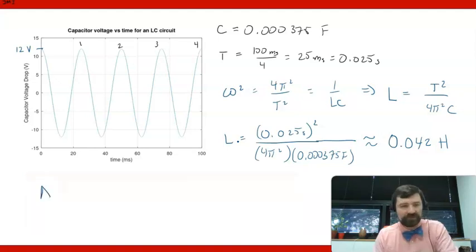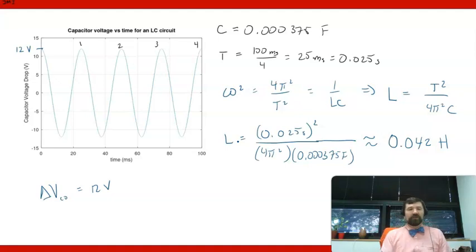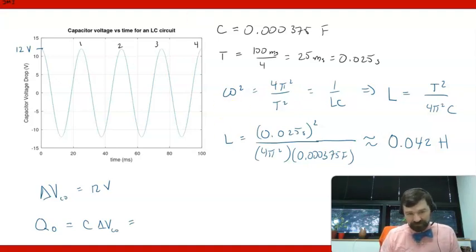So delta V_C0 is 12 volts. This also means we could figure out what the initial charge is. You know that Q0 should be C times delta V_C0. And so that ends up basically being 12 volts